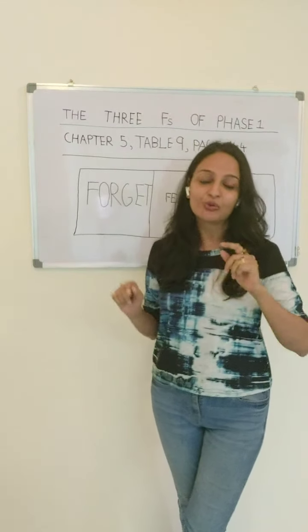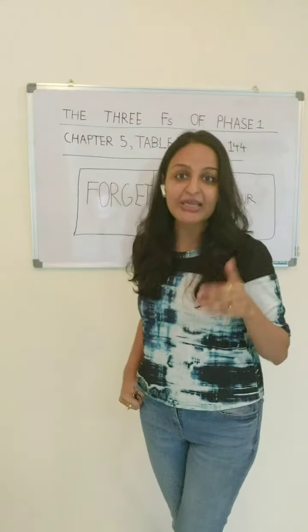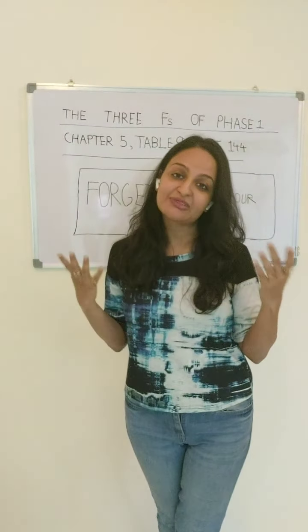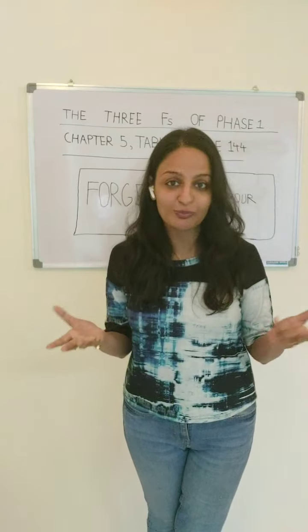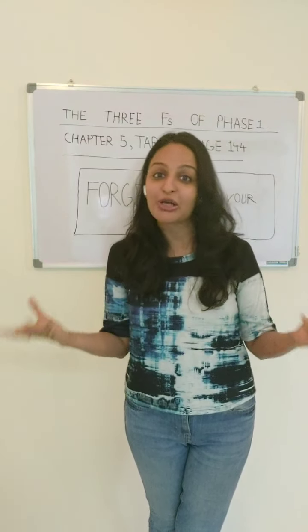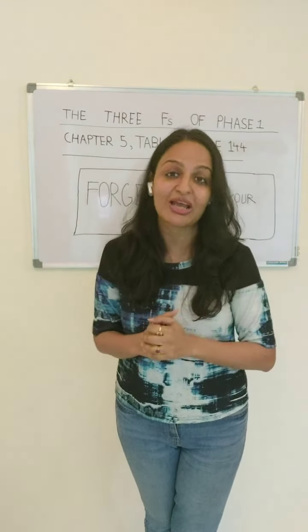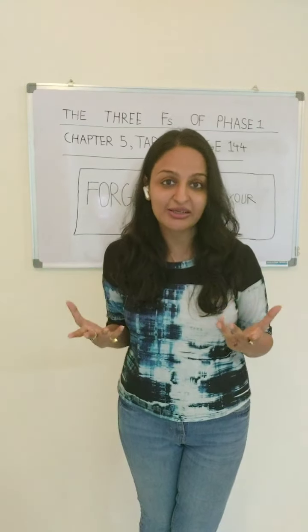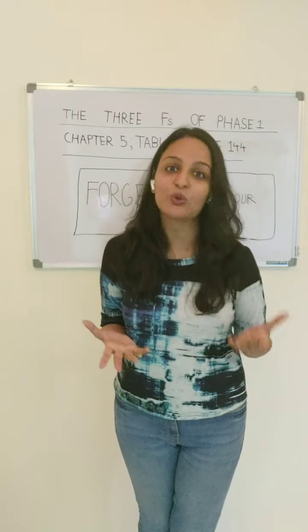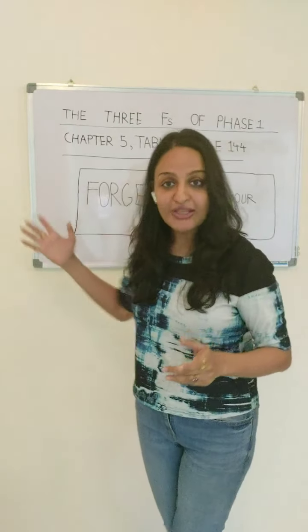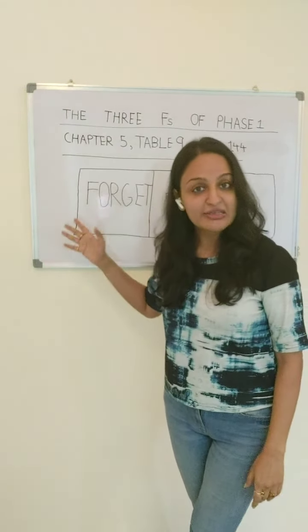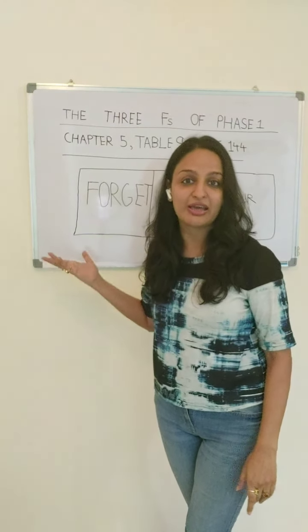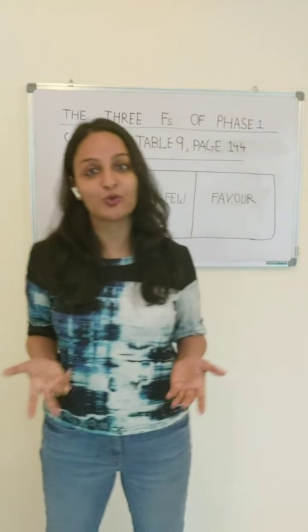The way you have to go about this, the way you have to navigate this list is that whenever there is any food in your mind, so let's for example take the til gur laddu, because there's a festival tomorrow and people are doing phase 1, so we should talk about that. तो तिल गुड़ लड्डू की अगर हम बात करें, so first think about the ingredients, क्या है उसमें, तिल and गुड़, right? Then go and check the forget list. Forget list में तिल है, नहीं है. Forget list में jaggery है, नहीं है, which means that you can have the til gud laddu.